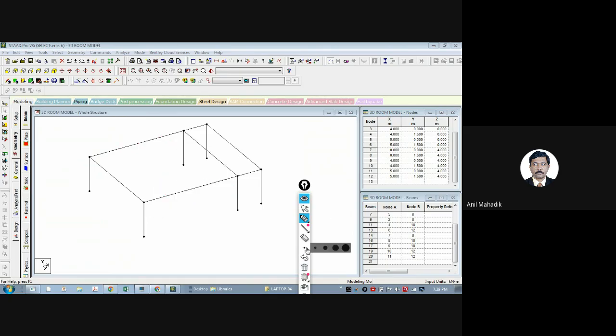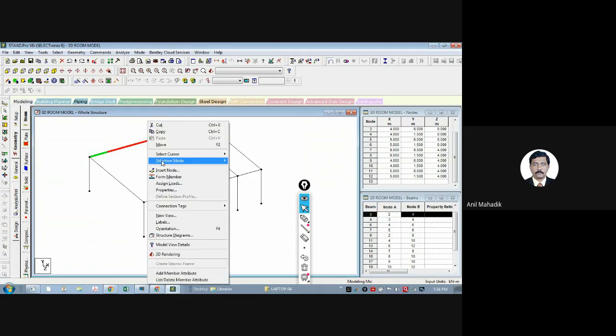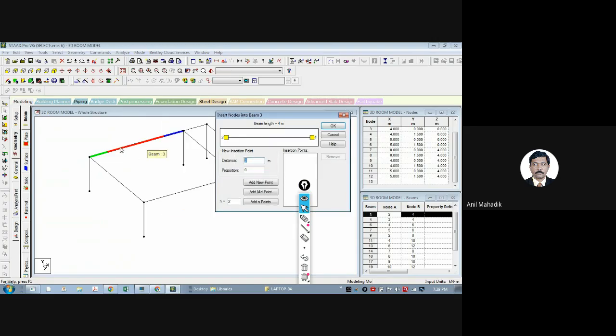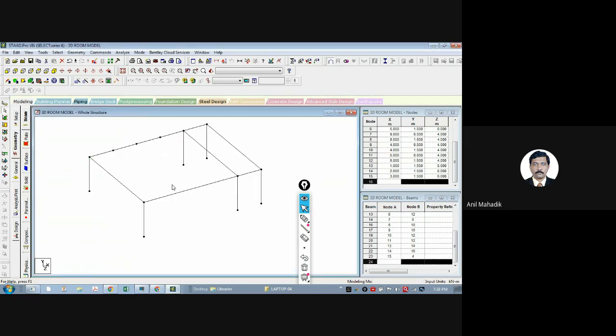So the classical method is that you click here, right click here, insert node. And what will you do? Add end point. Yes, so here the distance you need to do continuously: first time 1 meter, then again 1 meter, again. Or there is a command add n points. So how many points do I want in between? 1, 2 and 3. We need 3 beams, so 3 points. And then say add n point. Add n point means it will be equally spaced within this beam. So you can see here 3 points are generated, 1, 2, 3 meter spacing, and then similarly here,